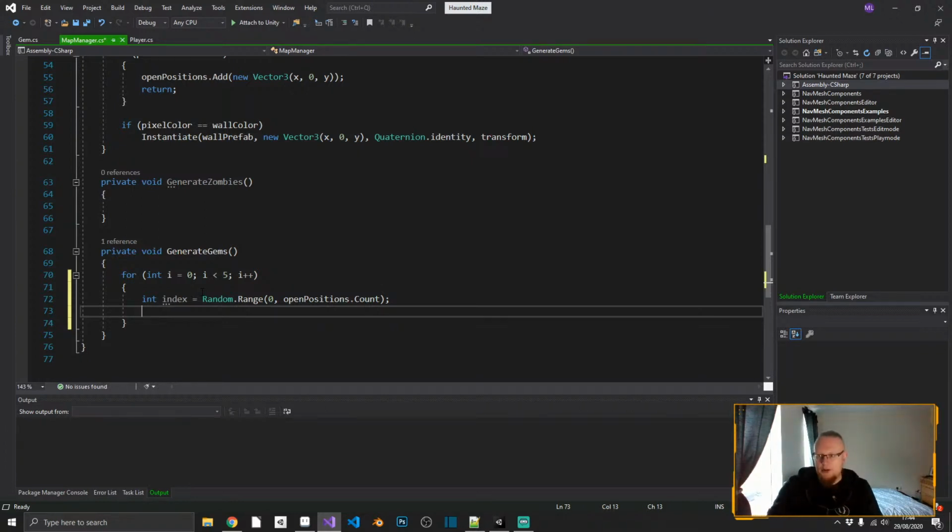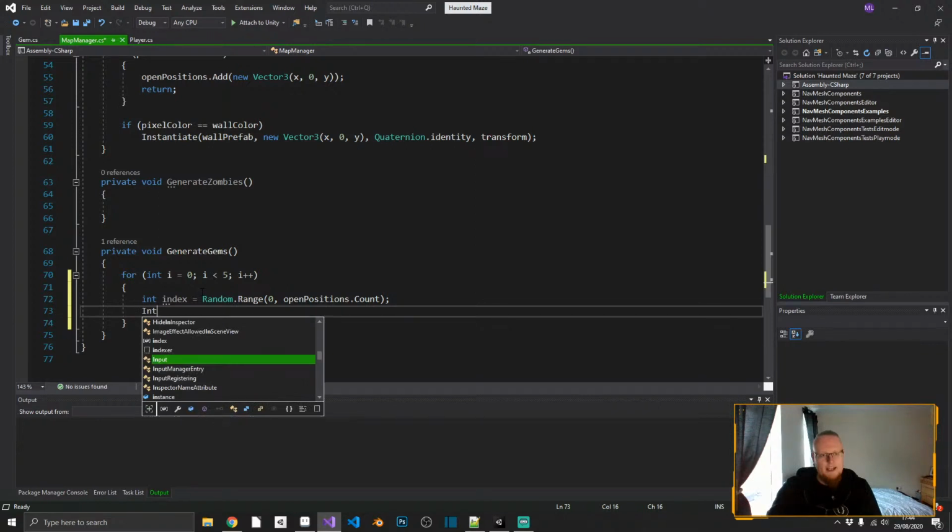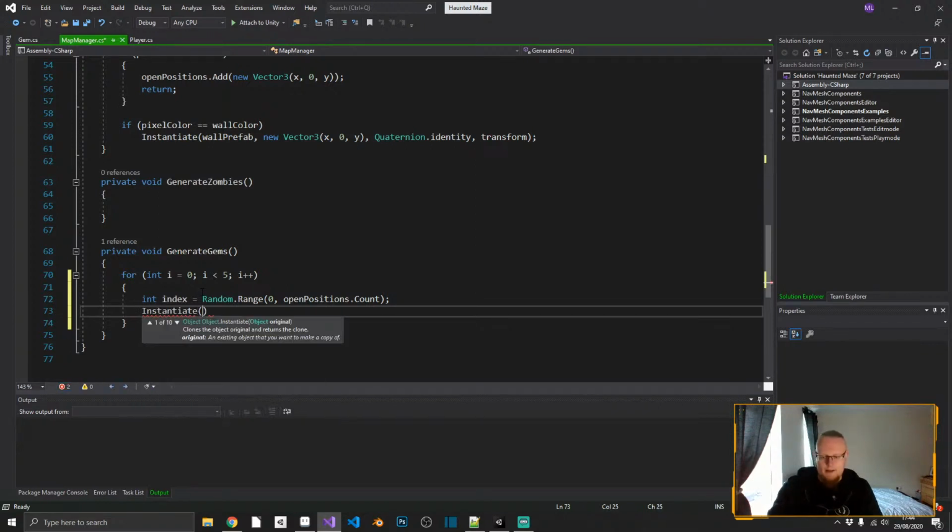So I'm just going to keep hold of that, instantiate one of our gems, so our gem prefab, and I'm going to instantiate it at open positions index, and then use quaternion.identity. I don't think I've ever used anything other than quaternion.identity for an instantiate. Could be wrong, could be talking at my arse, but